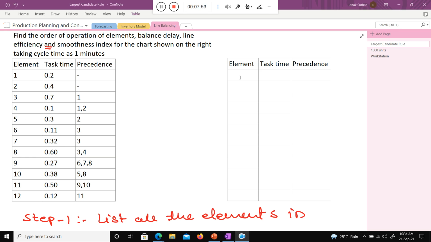Element 8, 0.60? Actually, element 3's task time is 0.7, class. Are you getting my point? Can you see the second table clearly?